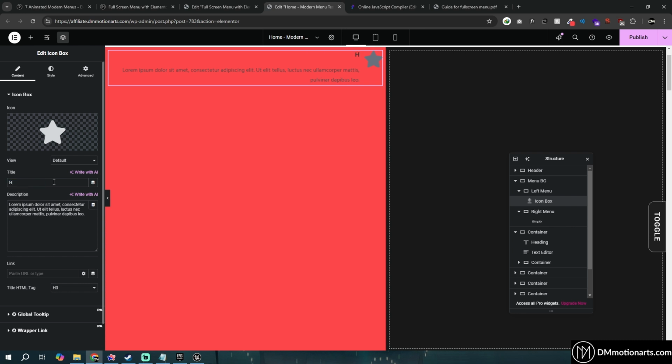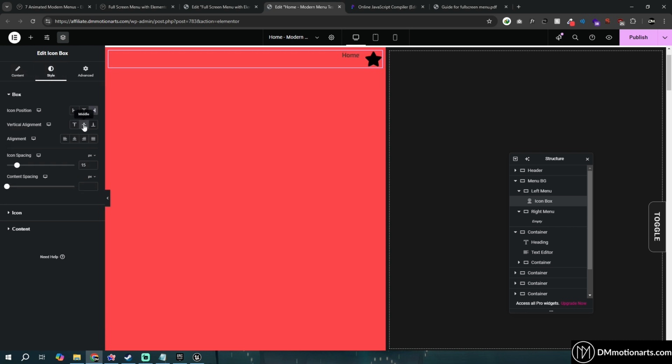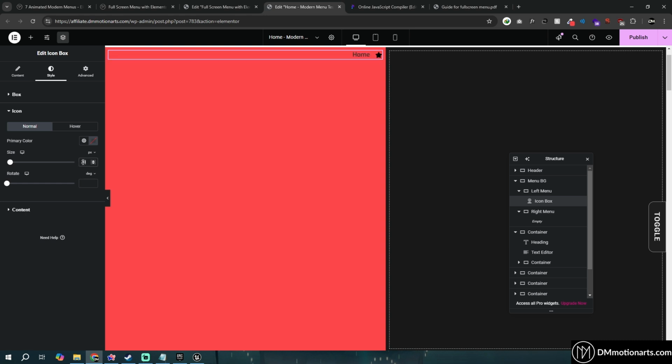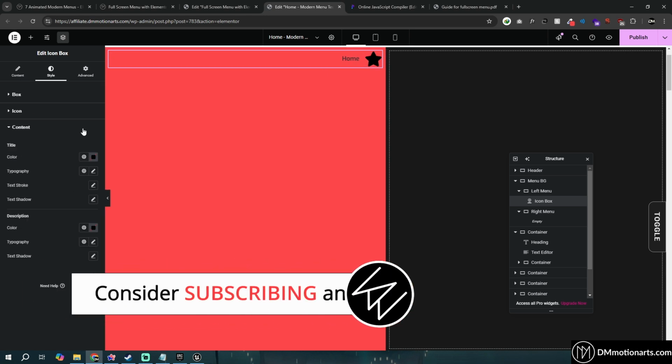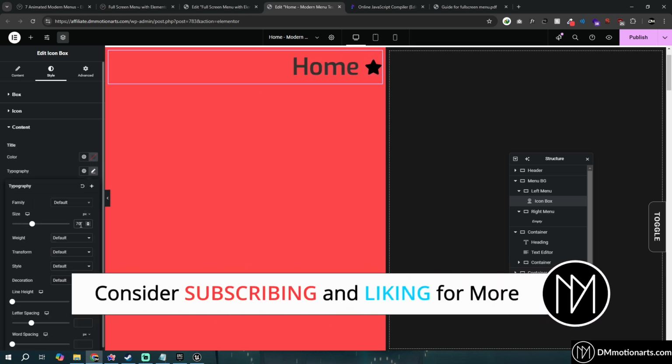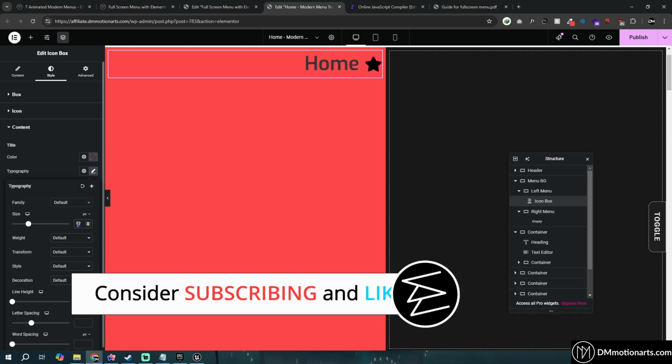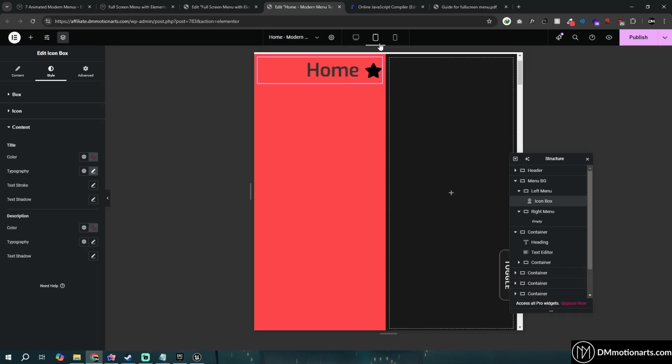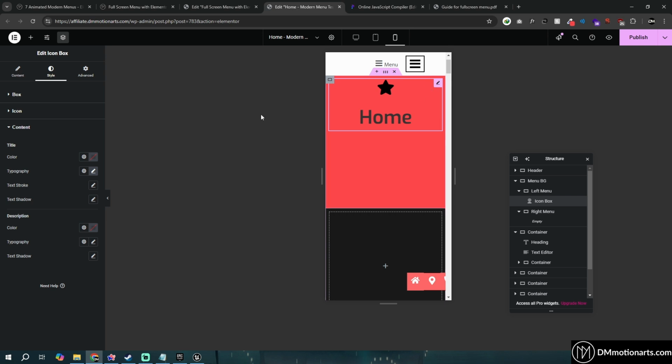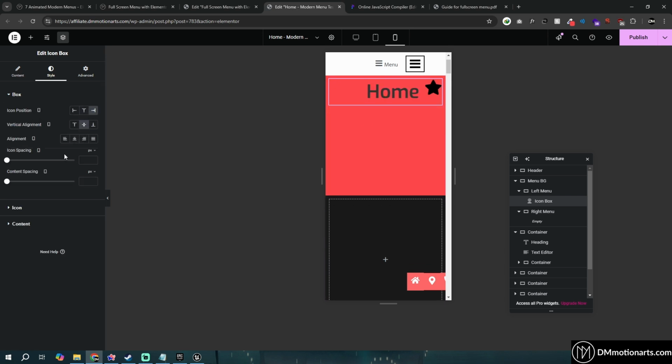Select the text, or let's say home. Make this be centered. Make sure everything's correct. Content spacing to be 0. We can choose an item, what is this, hero icon size, so let's say 30, 50. Then let's go into our content and make this something like 70. It's your choice. And let's go to our mobile menu, and then in the mobile menu we have to select it again. Let's do content spacing